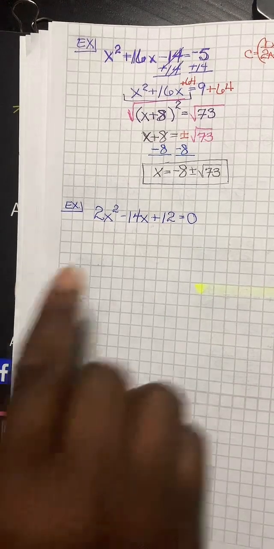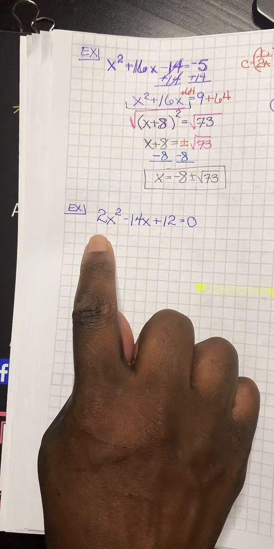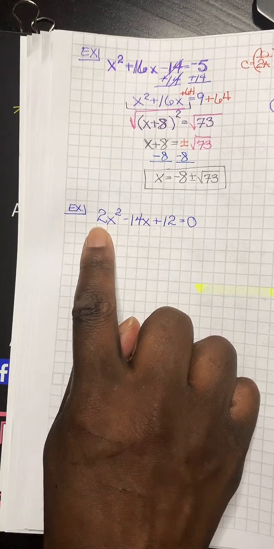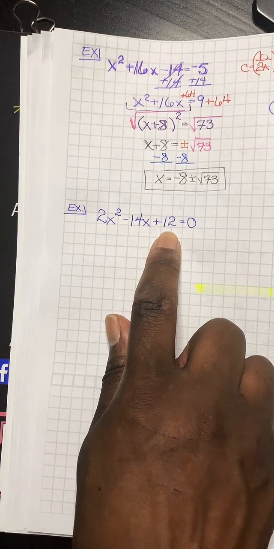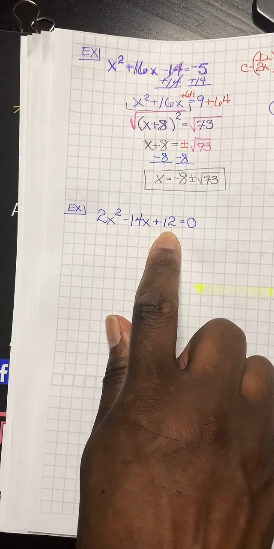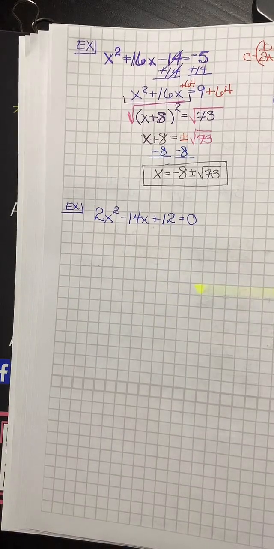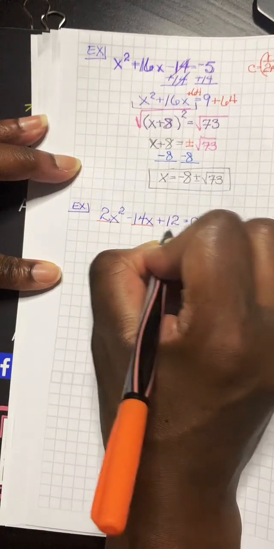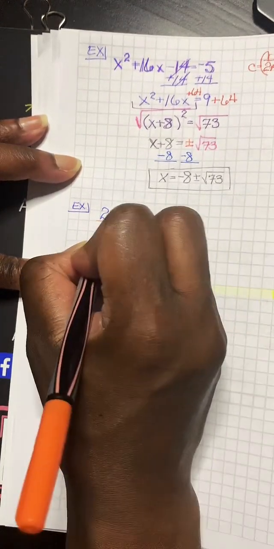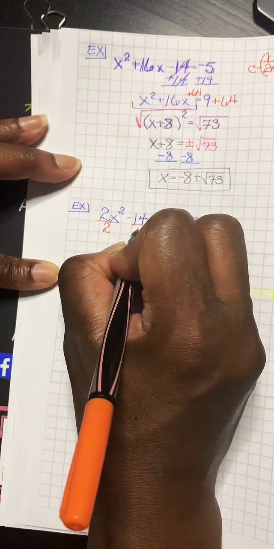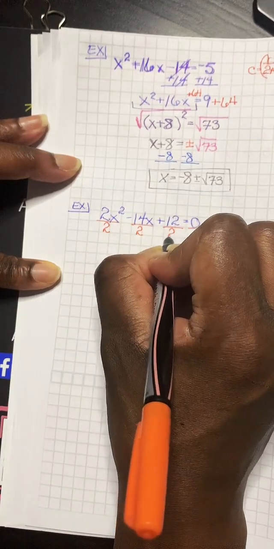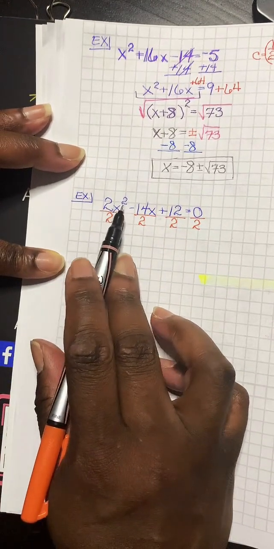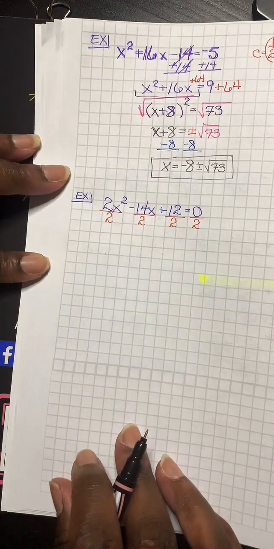All right. When you're completing the square, you don't want to have your leading coefficient be anything but 1, and you want the constant c on the other side. So why not, right off the bat, let's divide everything by that leading coefficient, which is 2. The leading coefficient is the one with the highest exponent. So when we do that,